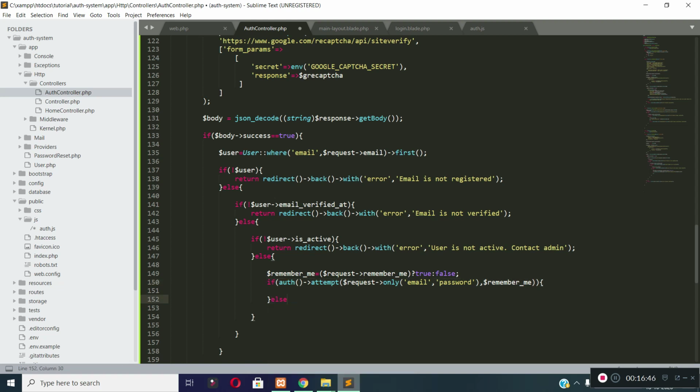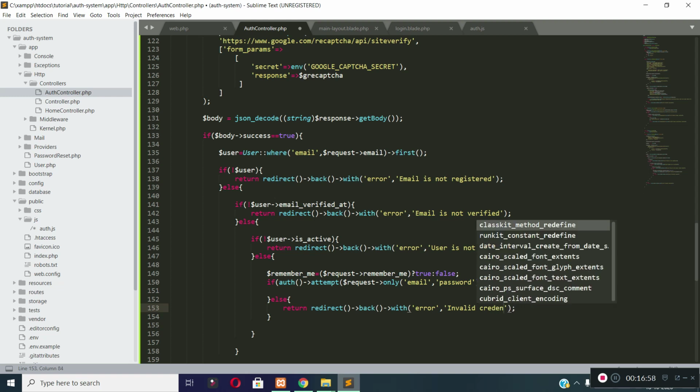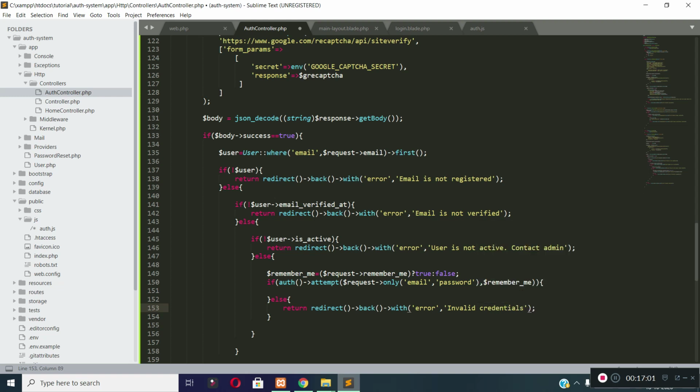If this is not true, then I will redirect the user back to login page with an error message, invalid credentials. And if the credentials are correct, then I will print a message, login successful.